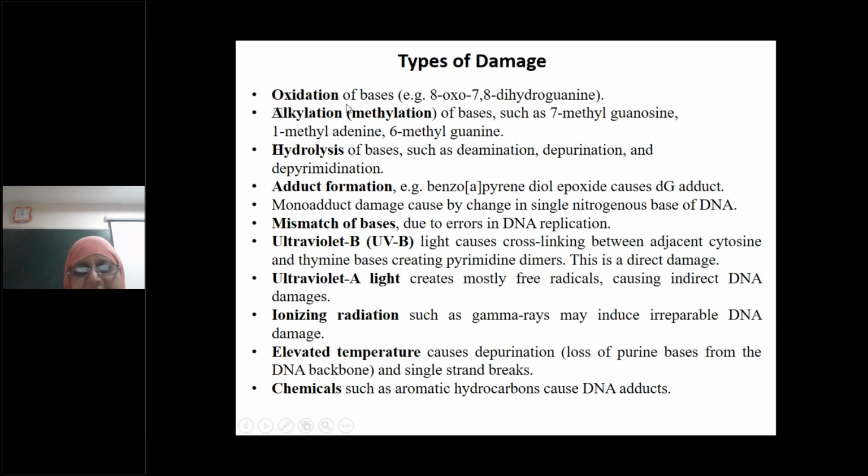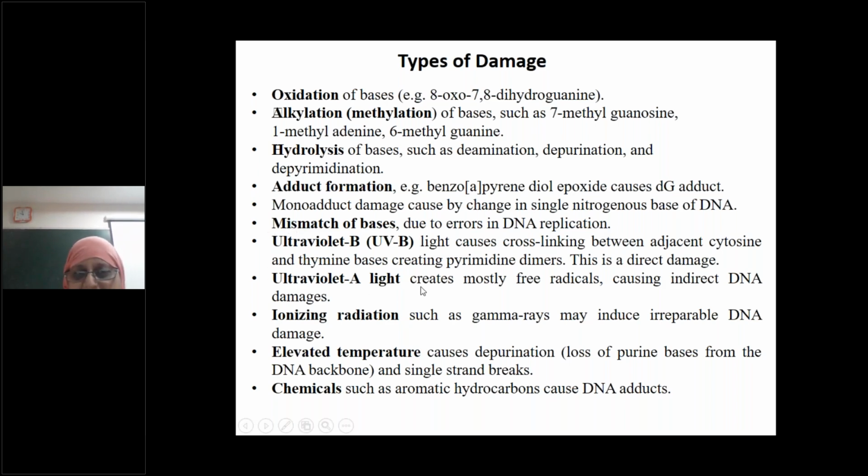So types of damage may be as a result of oxidation of the bases, as a result of alkylation or methylation of the bases. It may occur as a result of hydrolysis of bases such as deamination, depurination, and depyrimidation, as a result of adduct formation, as a result of mismatch of the bases due to errors in DNA replication, as a result of ultraviolet B